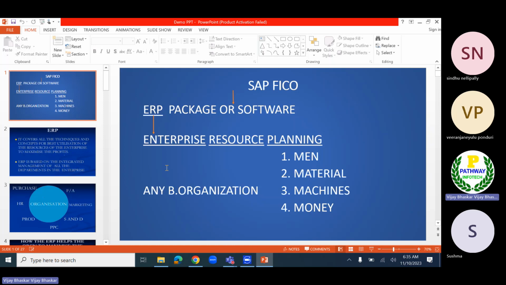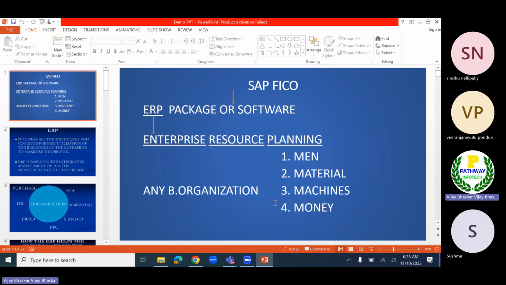So now we can see SAP is an ERP package. As I explained in yesterday's session, ERP stands for enterprise resource planning.